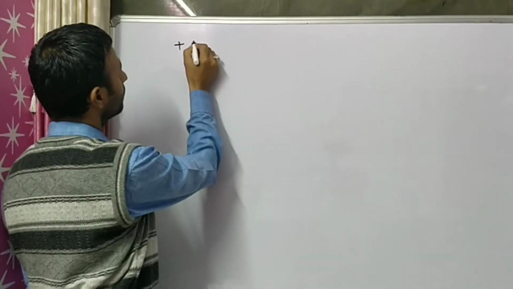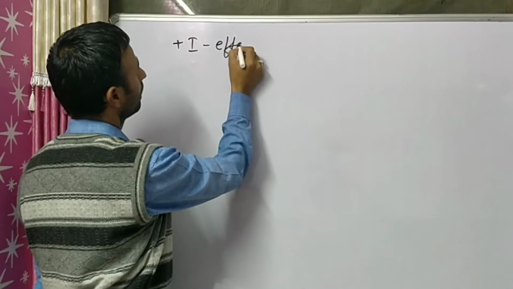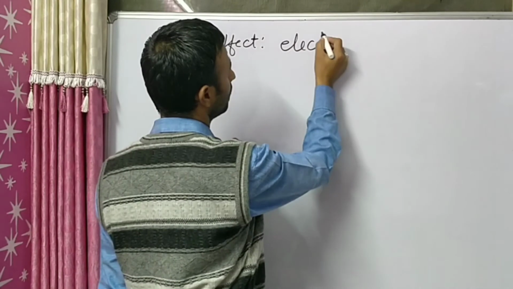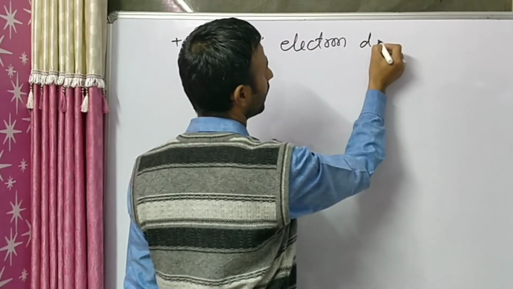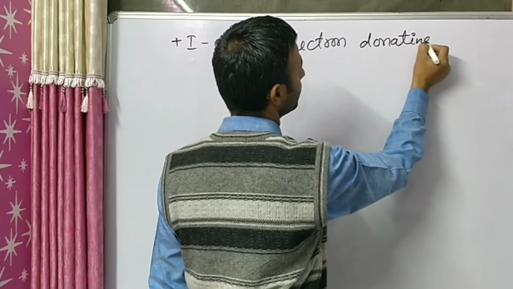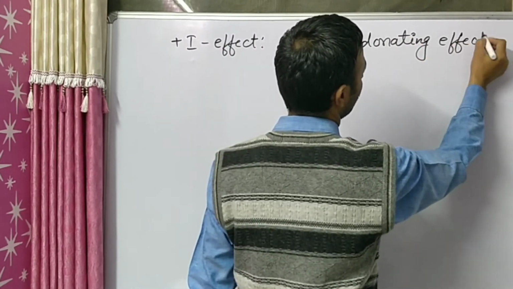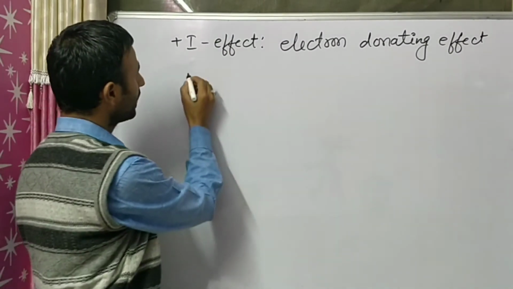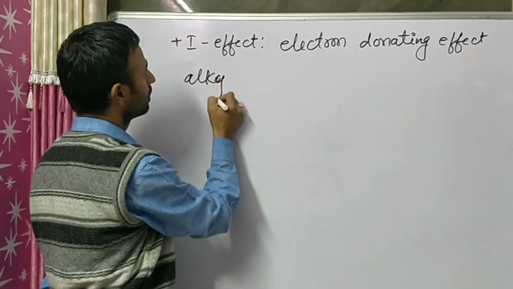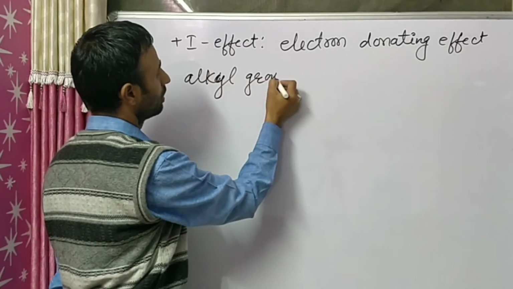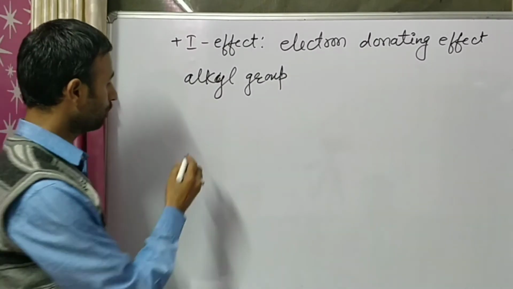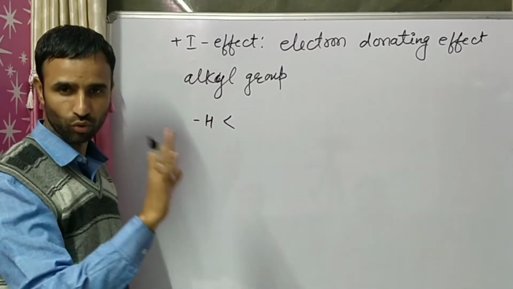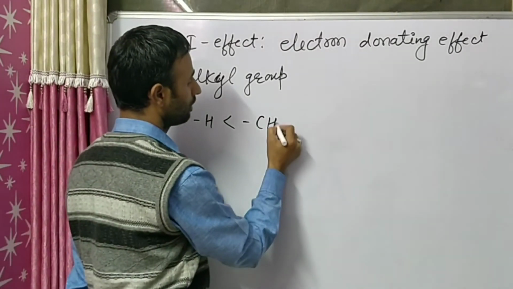Now, plus I effect. So plus I effect means electron donating or releasing effect. And this electron donating effect, or we can say releasing effect, is shown by alkyl groups. And alkyl groups, first is hydrogen, which has zero effect. Then you have methyl,